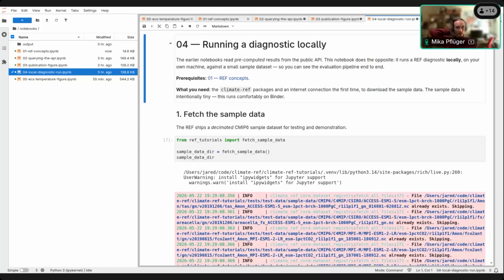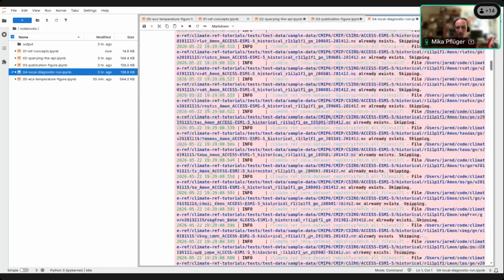If you have a diagnostic that is not part of the AFT REF and you actually have to run the REF locally, then this shows you how you could run the diagnostic locally. Here a small toy diagnostic is implemented in the tutorial, and it's run on sample data. Of course, we would likely want to do this on real data, so there are some changes needed to make this work for your use case. But